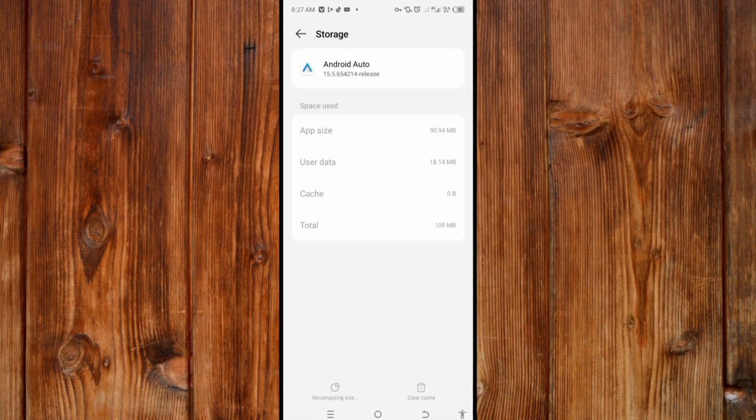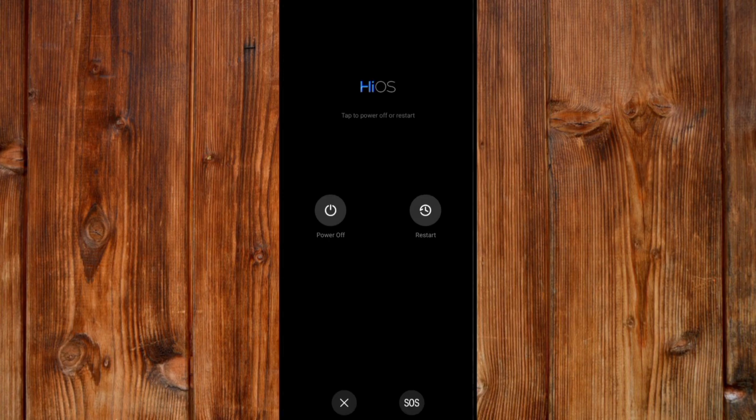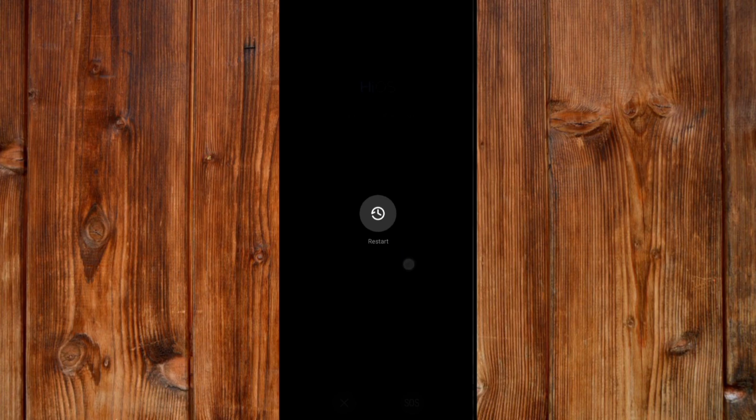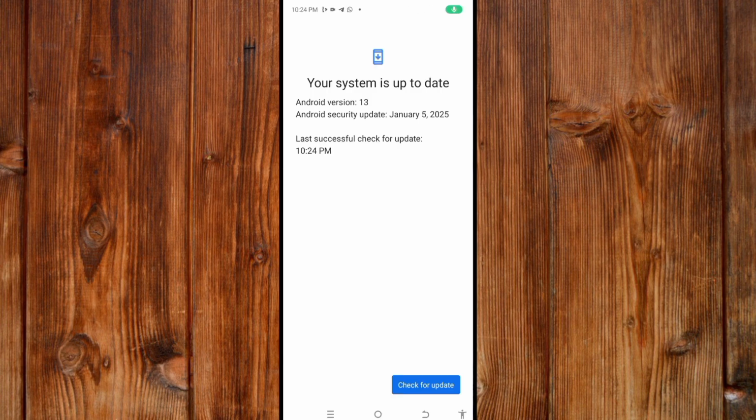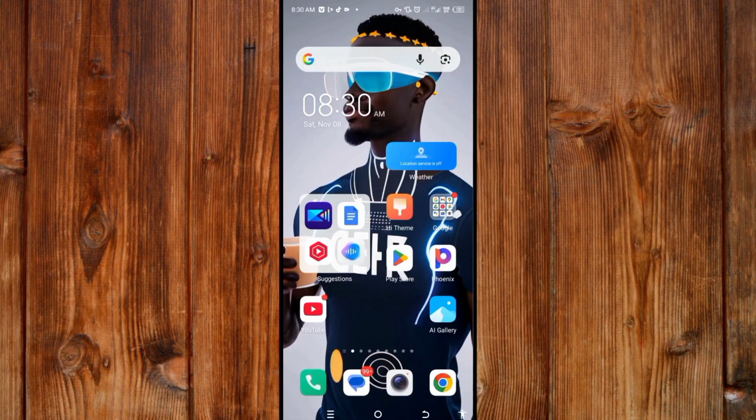Now after clearing it, now here what you do now is to reboot your device by turning it off and on again. Reboot it. Now after rebooting your device, if it is still not working, make sure your system software is up to date. By applying these steps, updating, finding the setting, and also setting up the permissions,